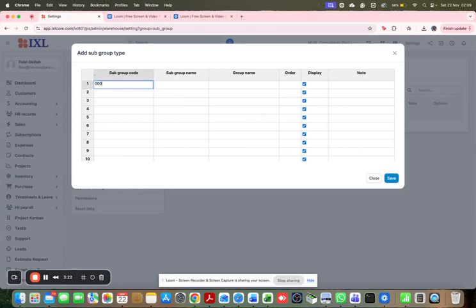So let's say subgroup 1 is code 1. The subgroup name, we filled in earlier. We had an earlier subgroup name. We will call it, say, laptops. Group name, say electronics. Printers or cameras, we'll do details. So here we have cameras, we have printers, we have laptops. So here would be your laptop, and the group